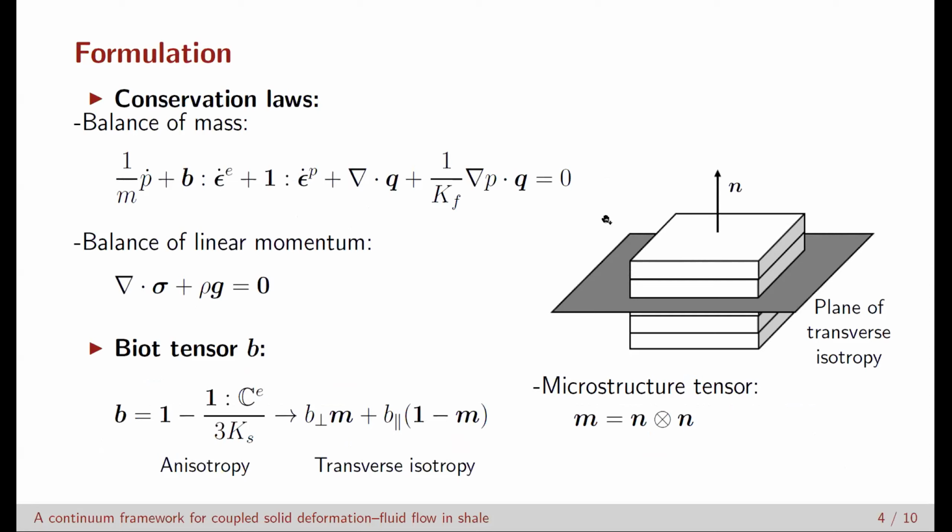In my formulation, shale is idealized as a transversely isotropic material, which could be characterized with planes of transversely isotropy and also the normal vector. The microstructure tensor defined here will be an important tensor to characterize the anisotropic mechanical behaviors of shale. The equations we're solving for in this formulation are the balance equations of mass and linear momentum for the mixture